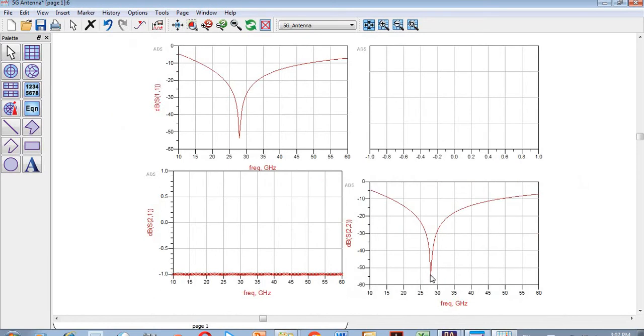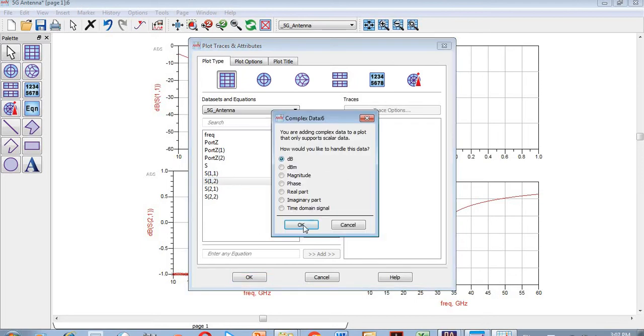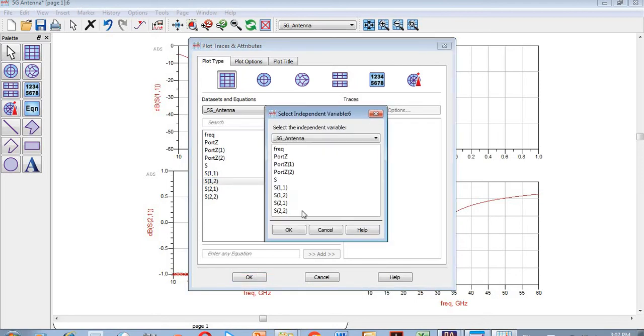S22 is shown over here, while if you want to check isolation between these two, you will see